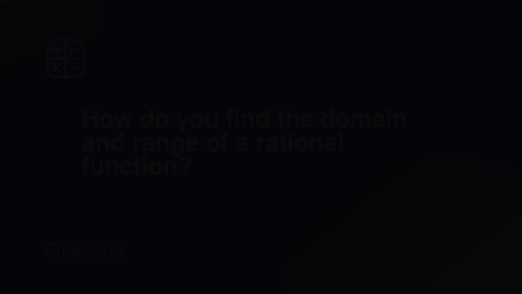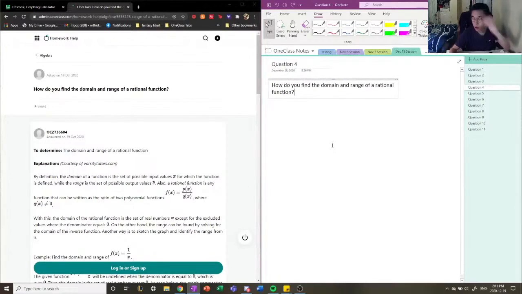All right, so talking about domain and ranges, we're now going to describe the domain and range of a rational function. First of all, let's describe what a rational function is. A rational function is defined as the ratio of two different functions. So we're going to describe h of x as a rational function, and that's equal to